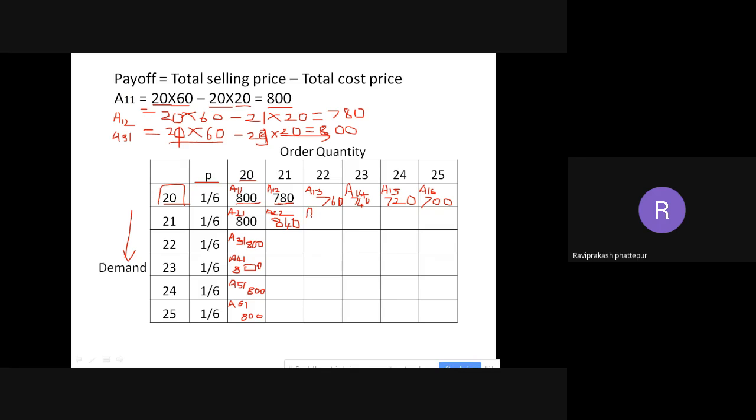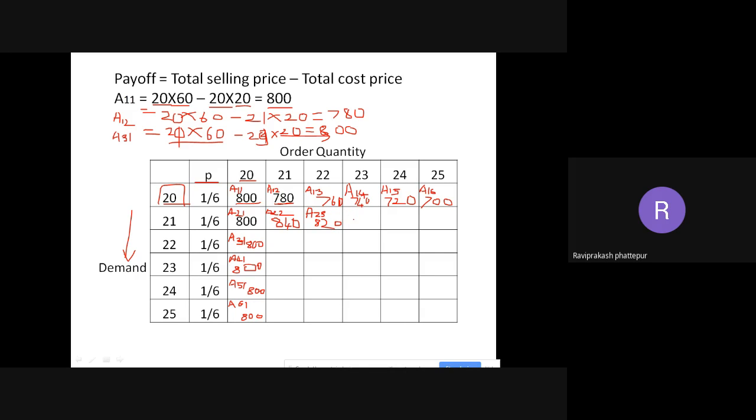823? 820. Why? If you see, 21 is only the demand, but I am buying one extra. So I have to pay for that one extra, right? So instead of 840, 20 rupees is reduced now. So it becomes 820. So next,